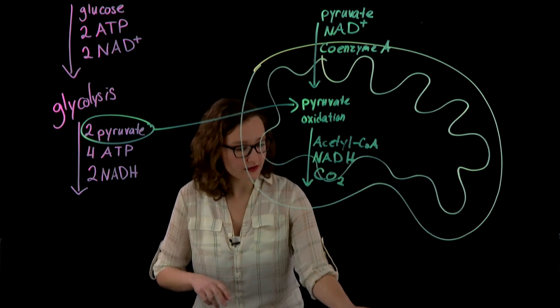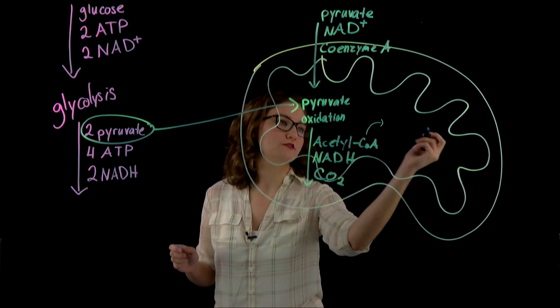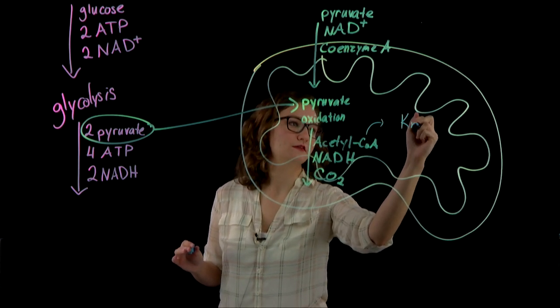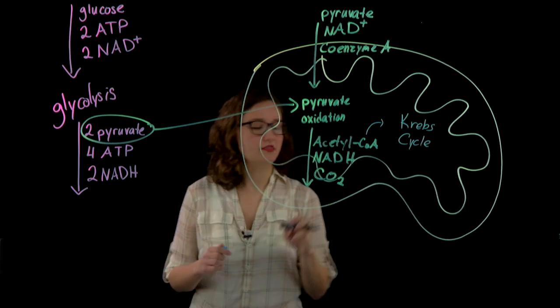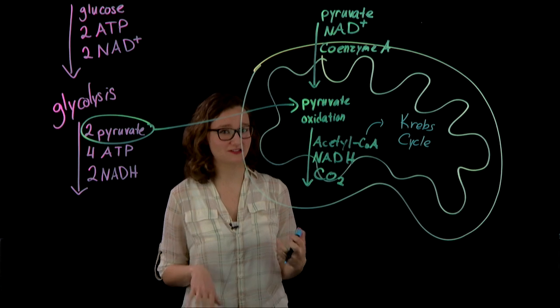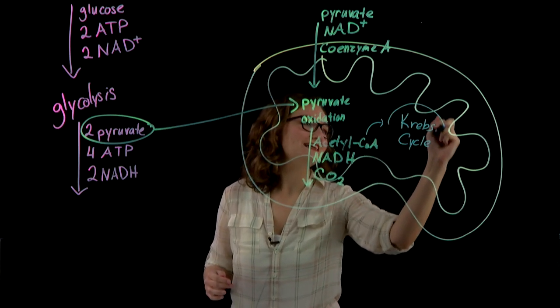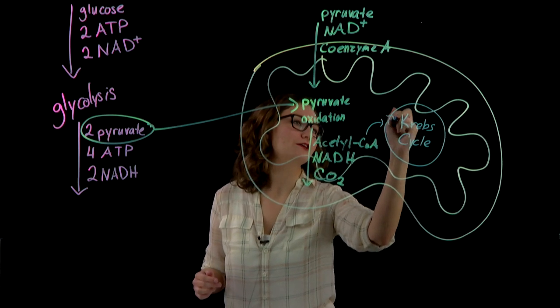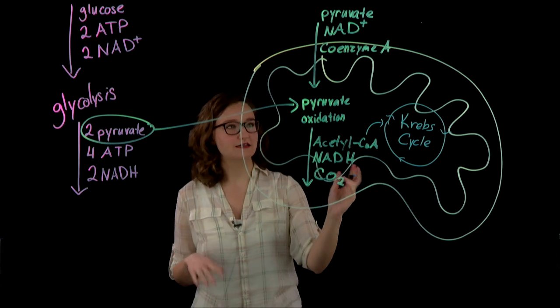So after pyruvate oxidation, we send acetyl-CoA into the Krebs cycle. This is also called the citric acid cycle, and it's also sometimes called the tricarboxylic acid cycle. So they all mean the same thing. Krebs cycle is kind of like a little circle, just keeps going and going. It has many steps, but overall the main idea is that we put in